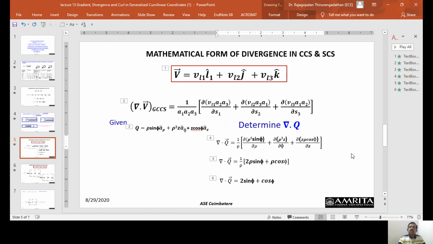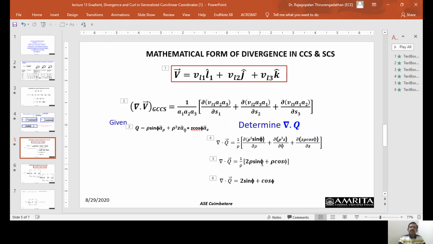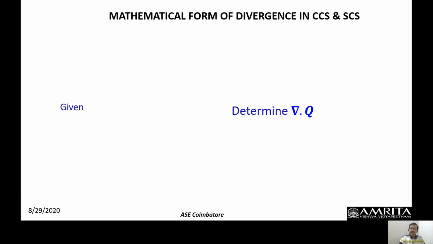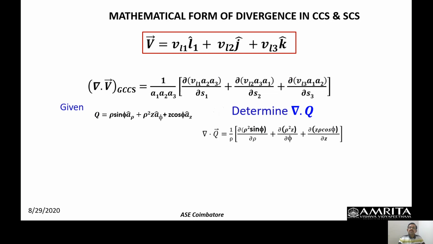Control V. So once I do that, I will get that result. So that row can be taken out, cos phi can be taken out, dou c by dou c is 1. So leaving rho cos phi here, and you can see that. Okay, that is the right way of doing things. So it did not strike my eye to begin with when I prepared this PPT. Now I see it, I corrected it.